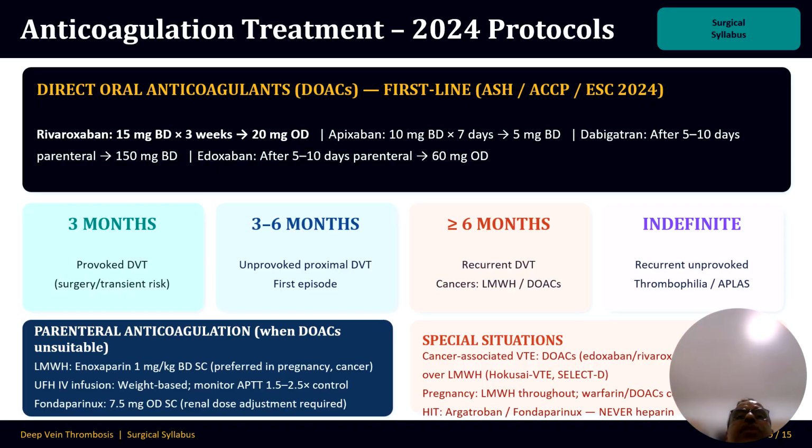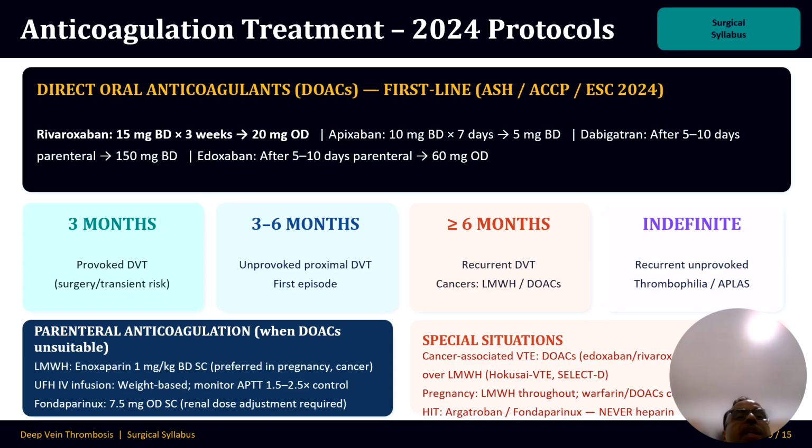Now, anticoagulant treatment, the latest protocol, which is a 2024 protocol for the established case of deep vein thrombosis. So, the drug of choice in the 2024 protocol recommendation is direct oral anticoagulants. DOACs should be used as a first line drug, and the drugs and dosages are